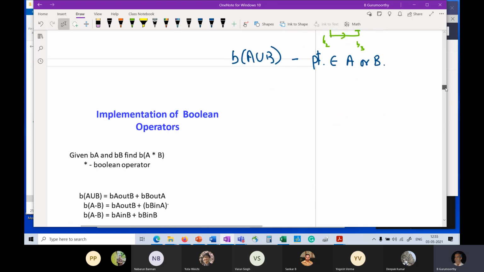So I'll give the answer here, right? And you will see that in the answer, we have got some strange looking terms, but just look at the English interpretation of this. What this says is the elements of boundary A that are outside B and the elements of boundary B that are outside A. Okay, let's just focus on that.